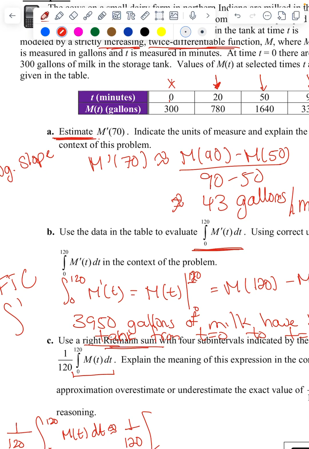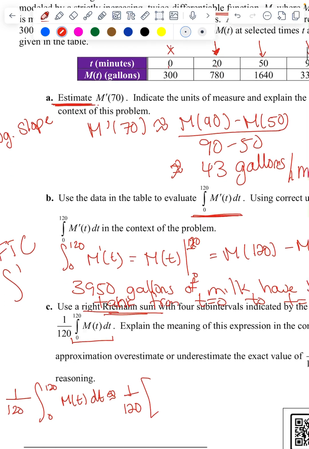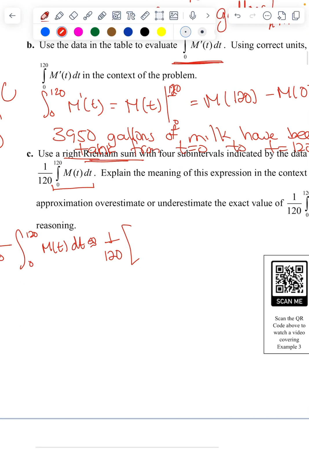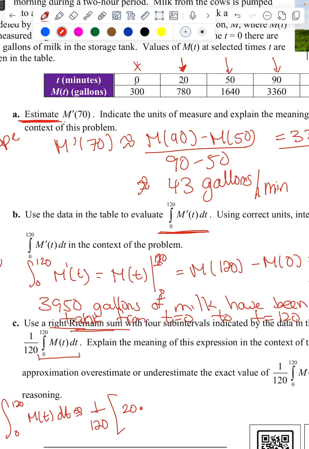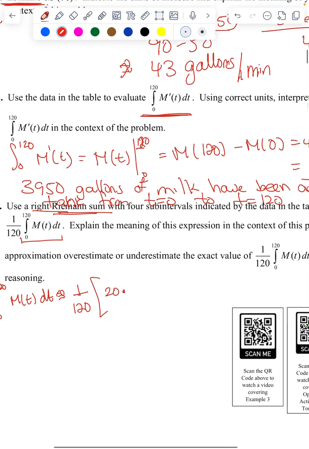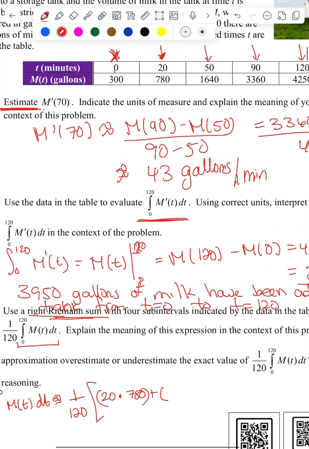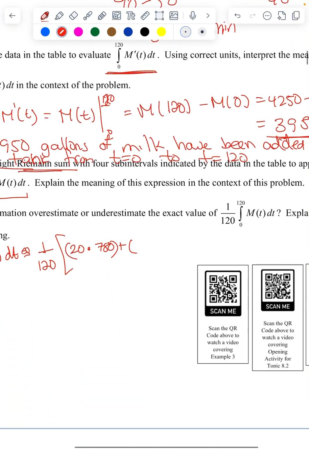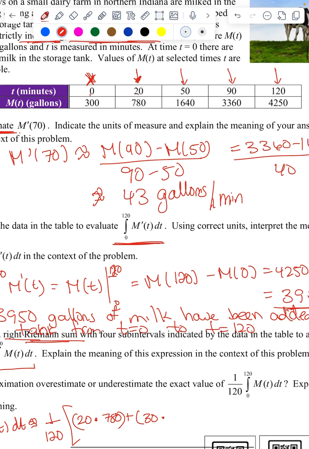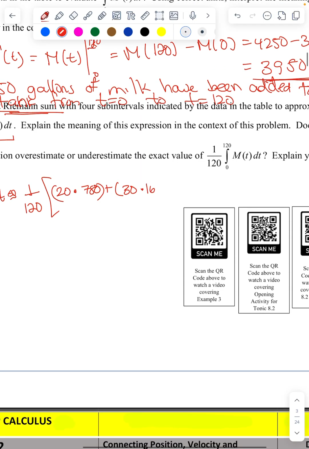So from 0 to 20 is 20 times the height. Because this is right Riemann sum, we're going to ignore the 0. So the height is going to be at 780 plus the next one. The base is from 20 to 50, so that's 30 times the height at 50, which is 1640,